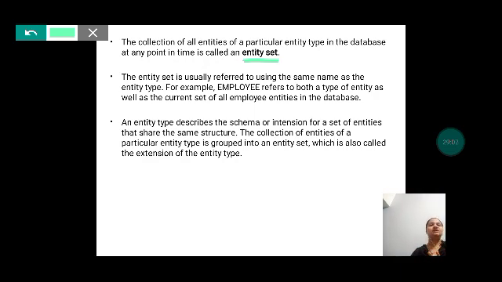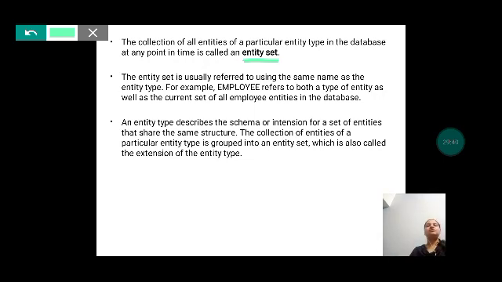The collection of entries of a particular entity type that is grouped into an entity set is called the extension. So the entity type is nothing but a name and it describes the same structure for each and every entity which we are going to store in it. And the entity set is a collection of entries of a particular entity type that we have grouped together.